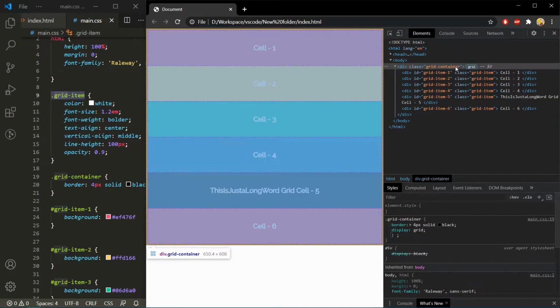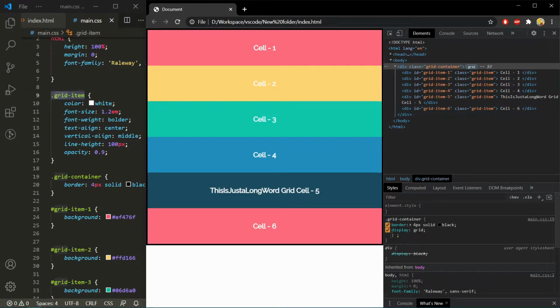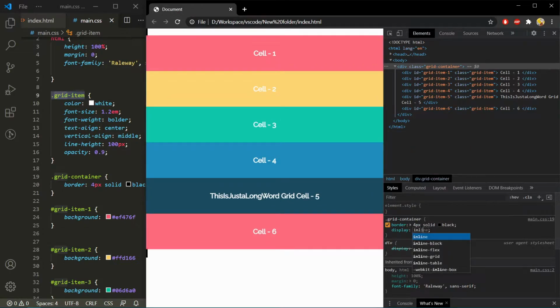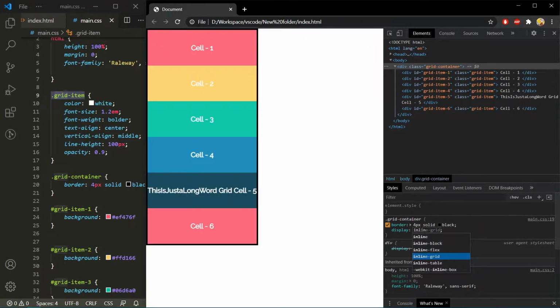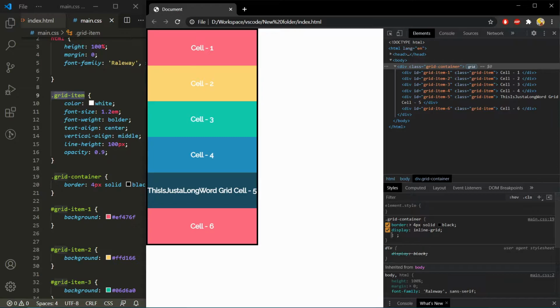You can also use display inline-grid in order to create a grid container. The only difference between them is that by default grid takes the width of the viewport and inline-grid has width equal to the max width of the child element.